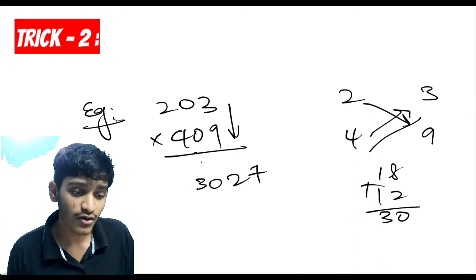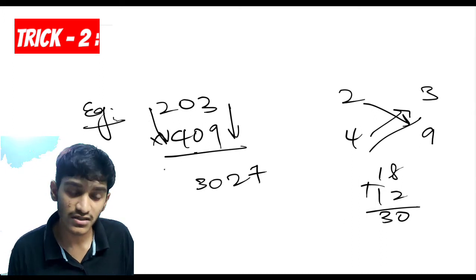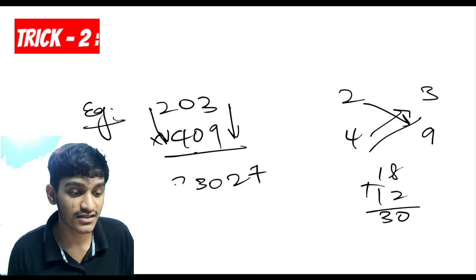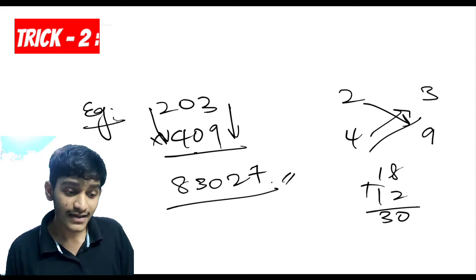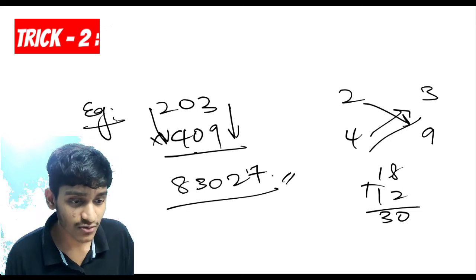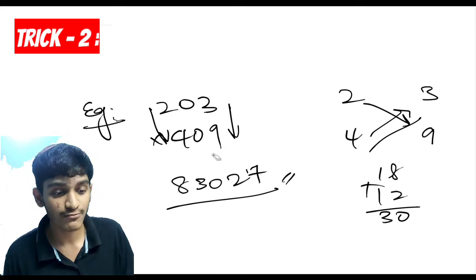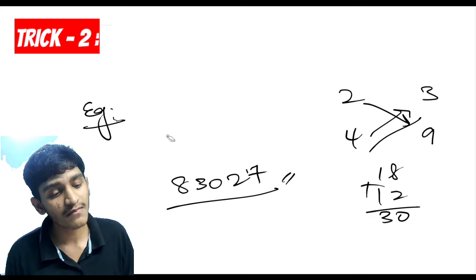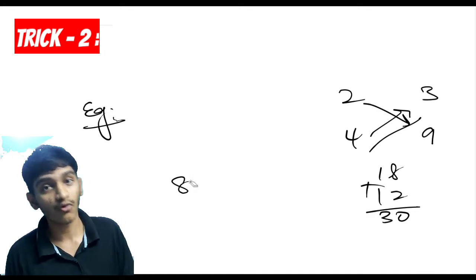The next step is to multiply 2 and 4, the last two digits, which gets you 8, and hence this is my final answer. Now I can see that this technique is very simple and it only takes me about 5 to 8 seconds to solve this problem efficiently, instead of multiplying the whole way.